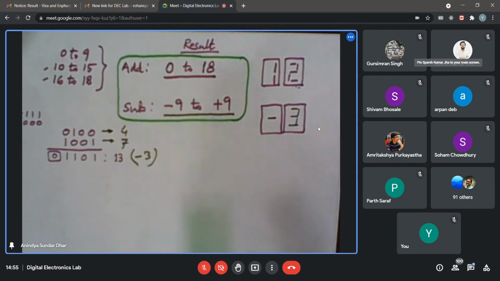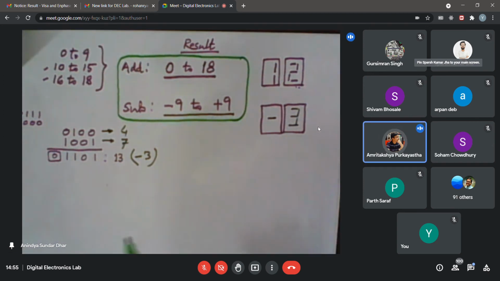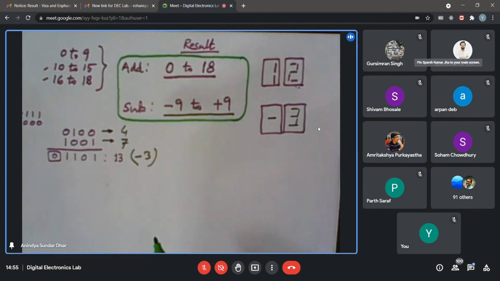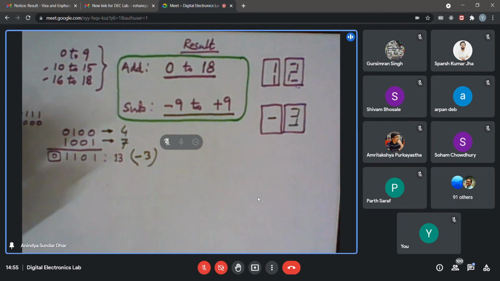Sir, what's the deadline for this challenge problem? I think you can take a couple of weeks, but unnecessarily you should not take that headache longer. As soon as possible you may submit. And let me tell you why this challenge problem is there. Maybe those who are targeting EX grade or something may attempt the challenge problem.